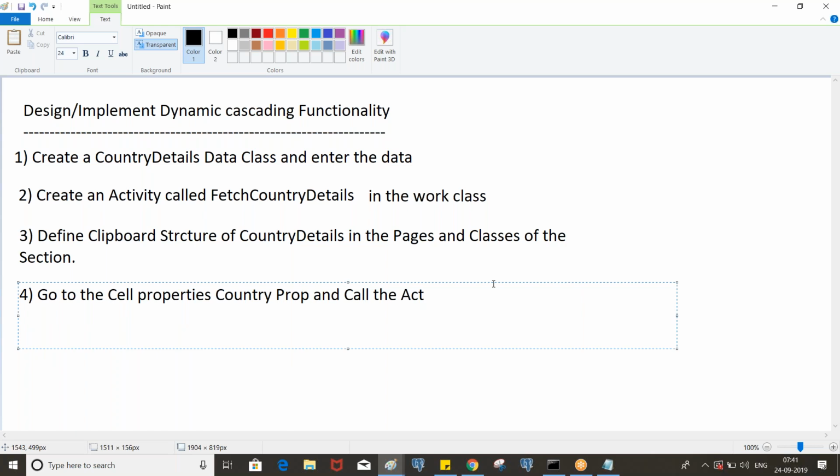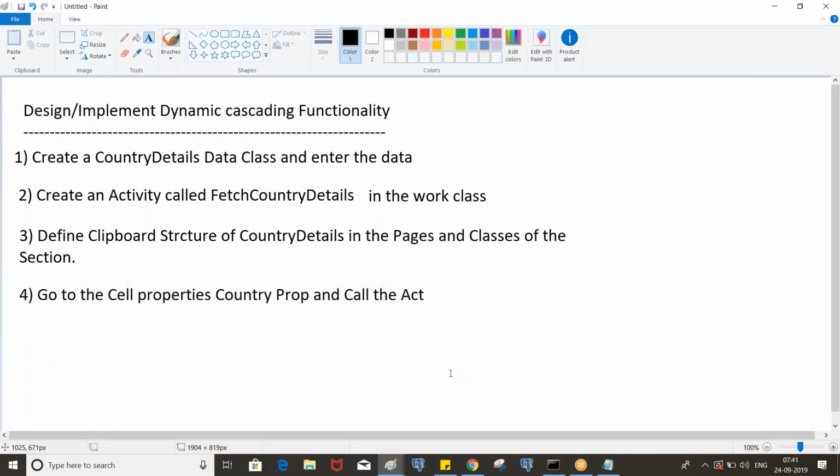Means by selecting the pages, we'll be calling the activity. You need to remember these 4 steps. If you already have data available, you can start from the second step. Since we are building it from scratch, we need to enter the data, create the activity, and handle everything.